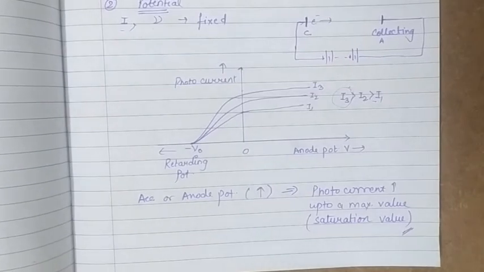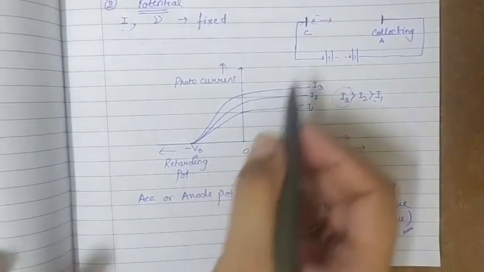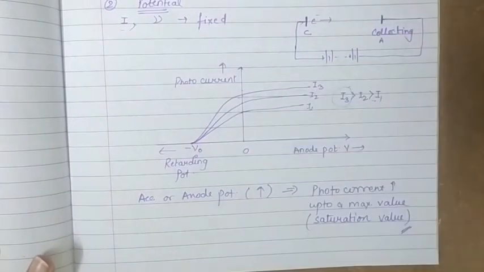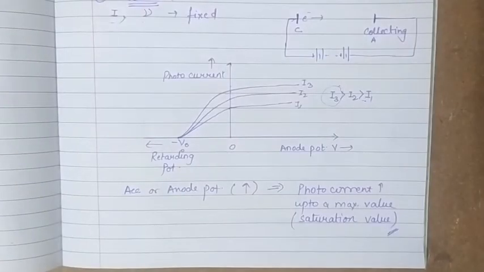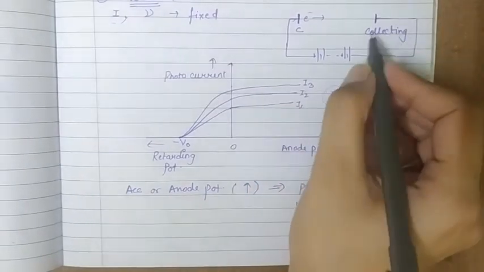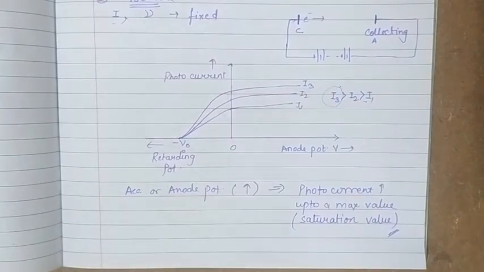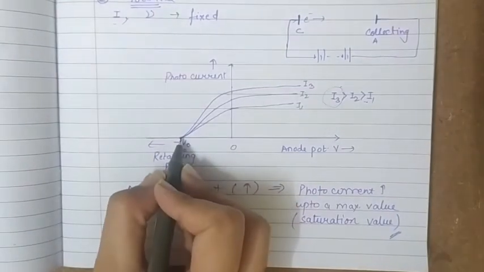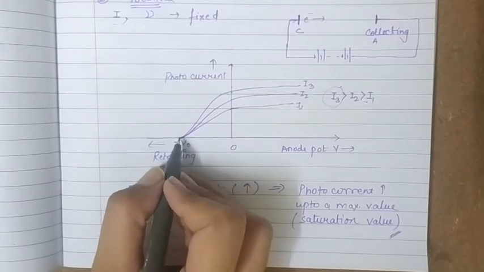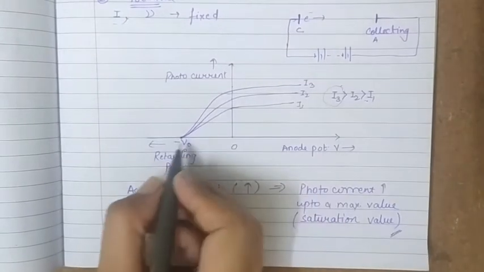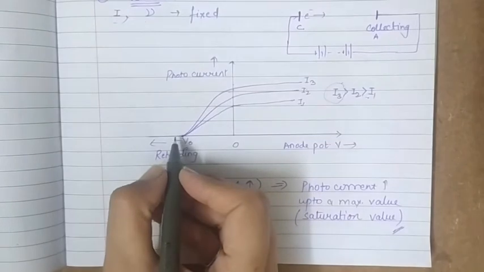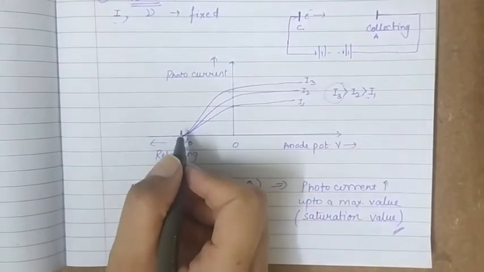Now if we apply a negative potential on plate A, while applying this retarding voltage with respect to C, it is seen that the photoelectric current that we were getting initially starts decreasing rapidly, and it will decrease until it becomes 0, like this point. Until the value of photocurrent becomes 0, it decreases, and we get this value 0 at a certain negative value of photoelectric